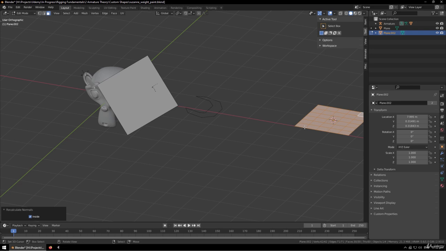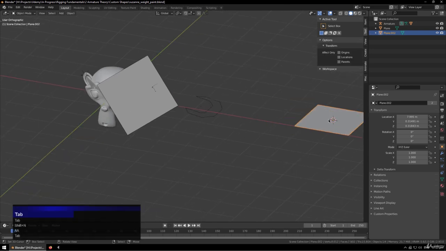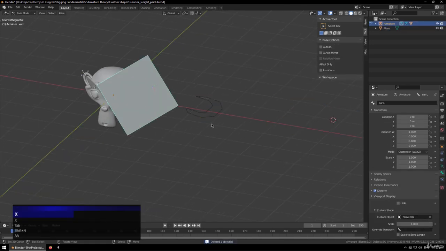You can also use modifiers to create custom shapes, so you can smooth them out and do various other things with them. But the point with custom shapes is you want to keep them simple. You don't want to overcomplicate them because, one, they're not going to be seen by a user when the finished product is rendered anyway. You don't want to confuse the animator with too much information either. So I'm just going to delete that plane and I'm just going to stick it back onto the first plane here,